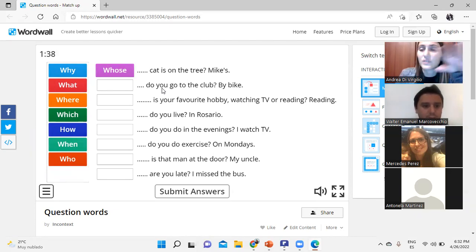Yes. Ah, because you can change. Podés elegir otra, si no querés esta. En esta querés hacer, do you go to the club? By bike, en bicicleta. So, what is it asking?